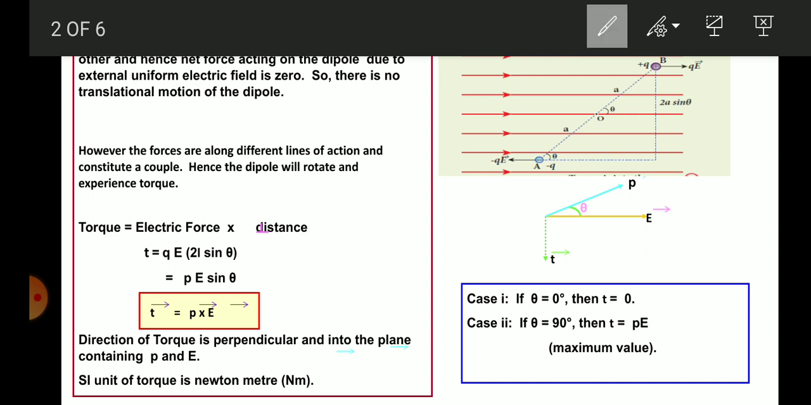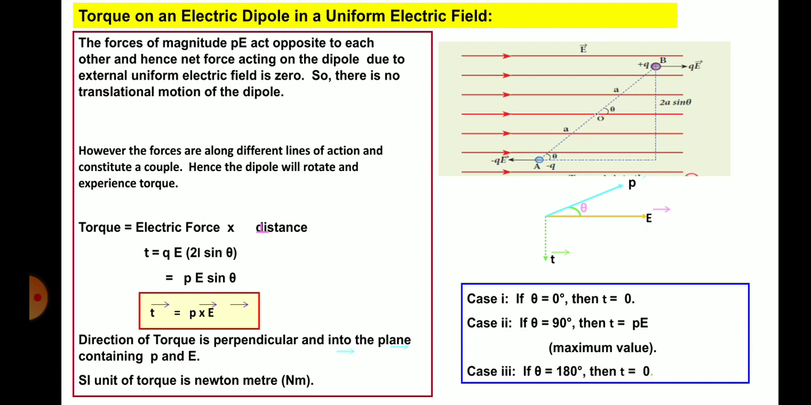Then what happens if the dipole is placed parallel but in the opposite direction to the first case, that is, theta is equal to 180 degree? Then also the torque will be 0. So this is the torque experienced by the dipole in a uniform electric field. It's a 3-mark question. Okay, is that clear? Next we will go